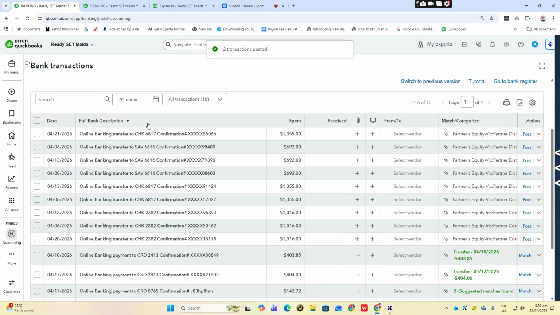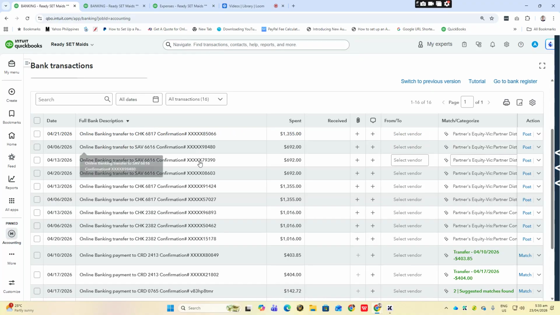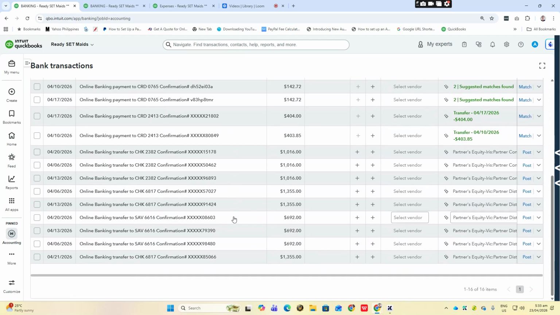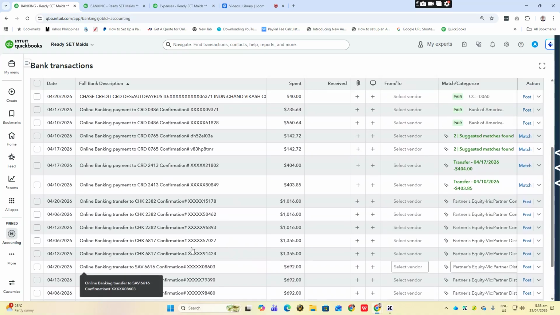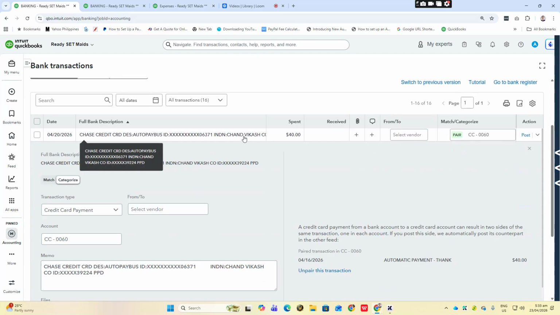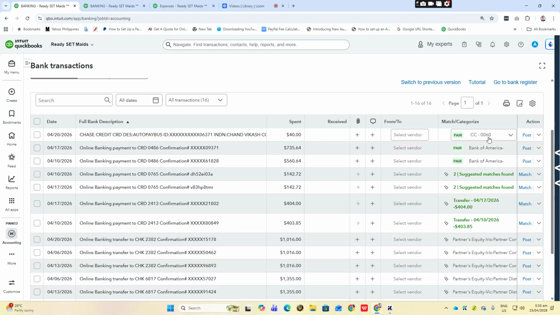And then I'm going to sort again to group common transactions. So 6870. Okay. 2382. So 2413. Okay. Chase credit card payment. So this is from pair. You can see here pair 0060.